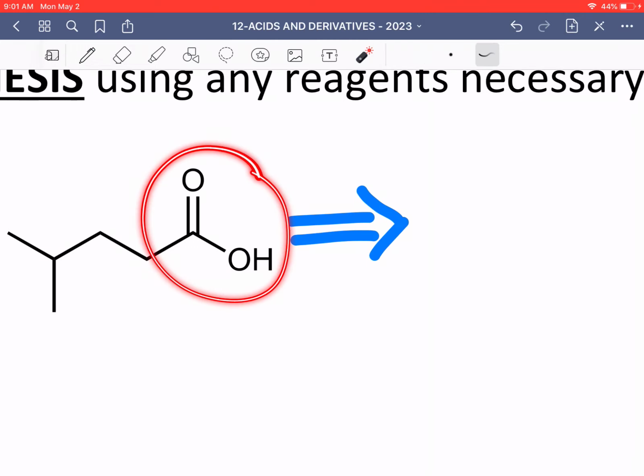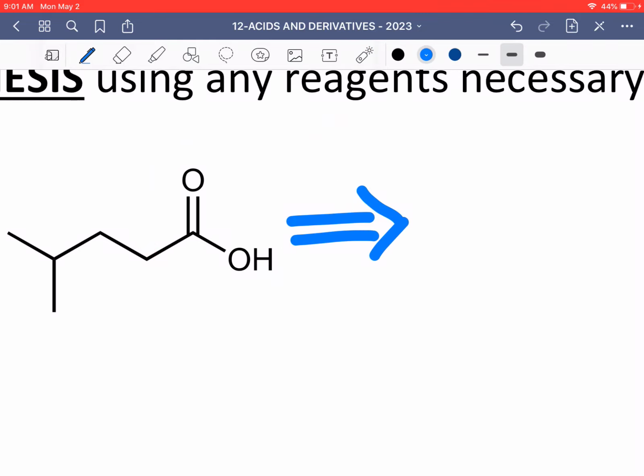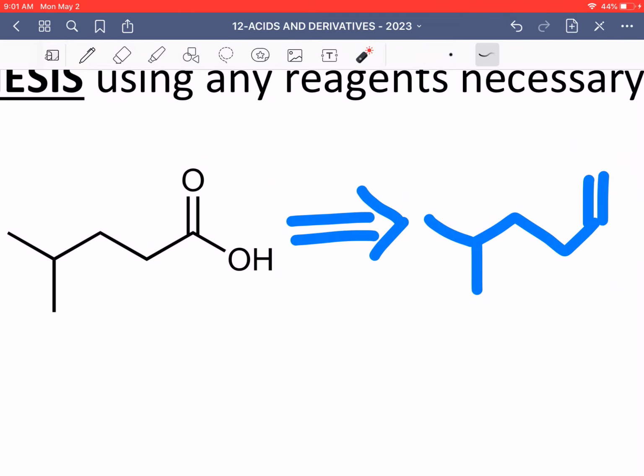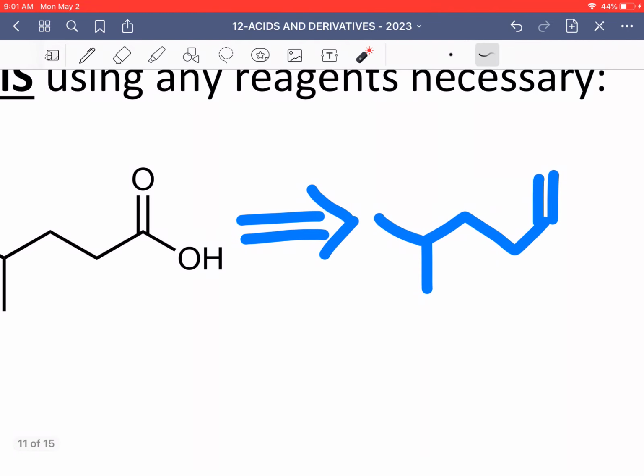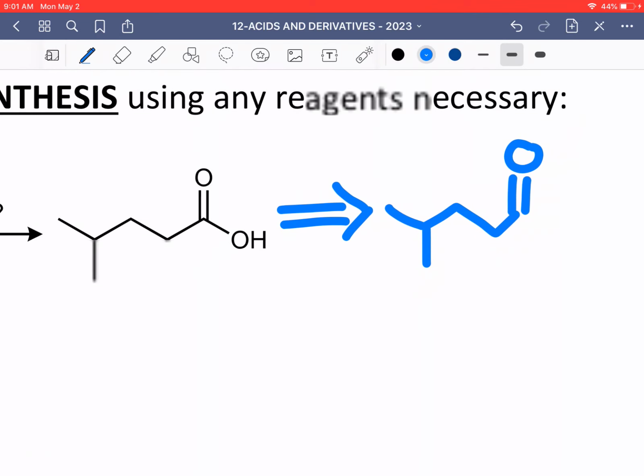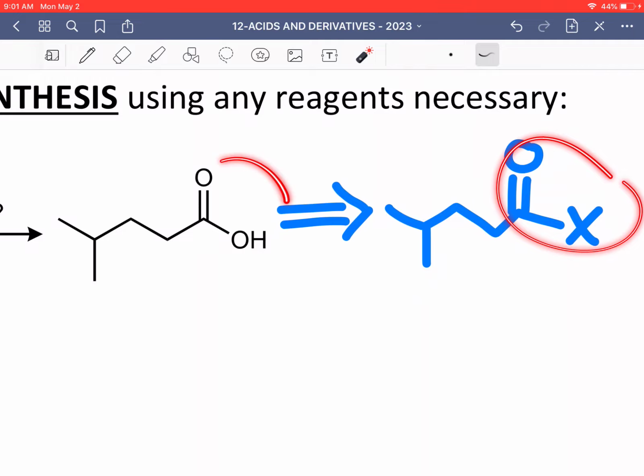So how do we make a carboxylic acid? You can certainly make carboxylic acids by doing oxidative cleavage of alkenes, but that's a 7-carbon molecule. I don't think I want to somehow make 7 carbons from a total of 6. So even though this works, I don't know if that's our best way to make the carboxylic acid. We learned in this unit you can make carboxylic acids from the hydrolysis of any acid derivative, the appropriate ester, acid chloride, amide, even nitrile, you name it, but that's essentially the same kind of functional group, so it's not